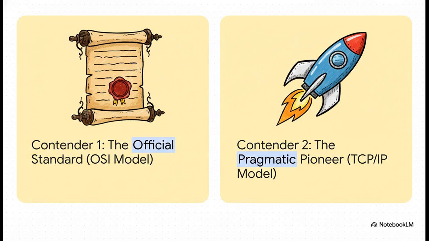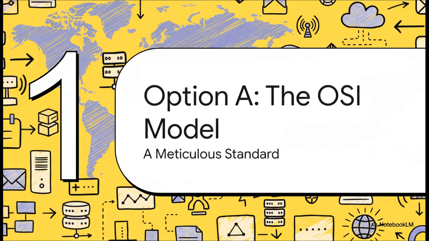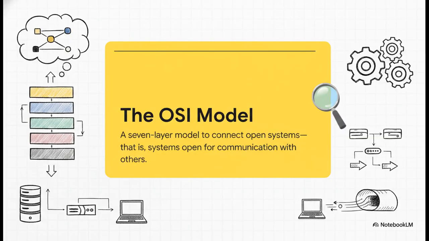So, let's meet our first contender. This is the OSI model. Now that stands for Open Systems Interconnection. It was designed by the International Standards Organization, and they had this really grand vision for it, to be the one single universal standard for every computer network on the planet. Its biggest strength is that it is a model first and foremost. Think of it as this beautifully abstract theoretical tool. It was designed for one thing, really, to help us understand how networks should work.